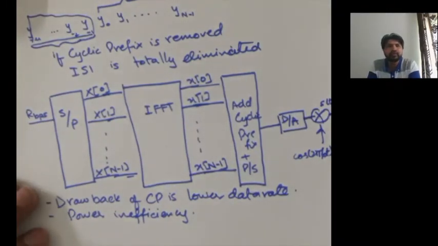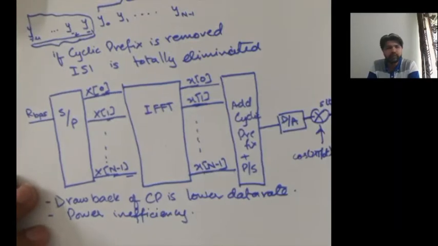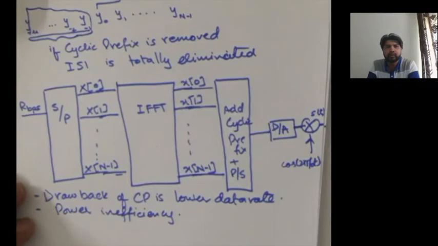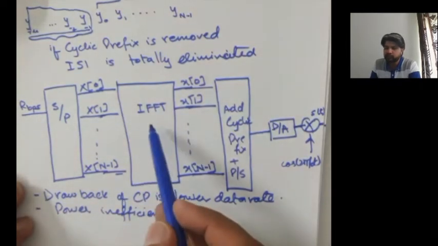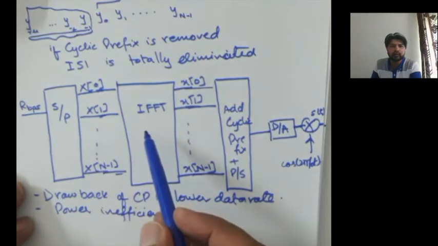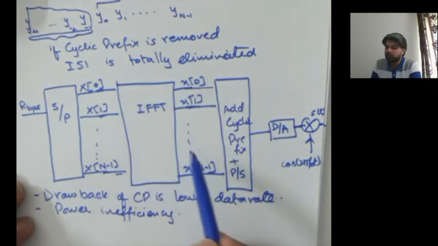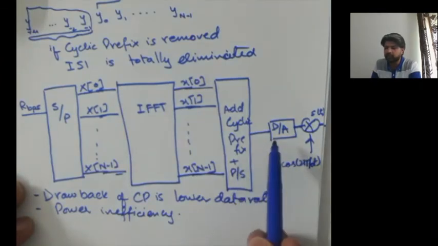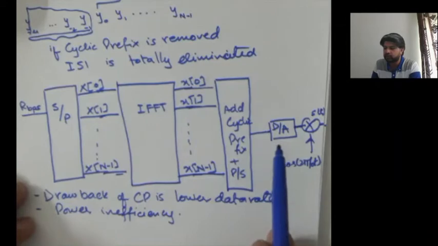So now what happens at the receiving end? You have transmitted this signal using this block diagram representation. A stream of r bits per second was converted first into parallel streams, capital N parallel streams. This IFFT was used to mimic the multi-carrier modulation in the baseband, and then you up converted this after adding the cyclic prefix and digital to analog conversion. So at the receiving end, you would receive the signal R of t.